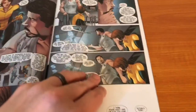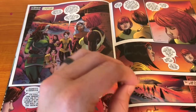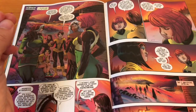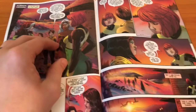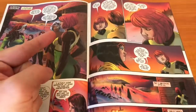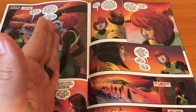So you get some dialogue between Kitty and Tony. And then this is again the part that really messes up the timeline, is you have this scene here where now the X-Men are kind of like, okay, well, we're going to do our part. We're going to go to Madripoor, try and find Logan there. And then you have kind of time-displaced Jean again messing with the timeline, because as of right now in the timeline, time-displaced Jean is a poison, theoretically dead. So if it happens after